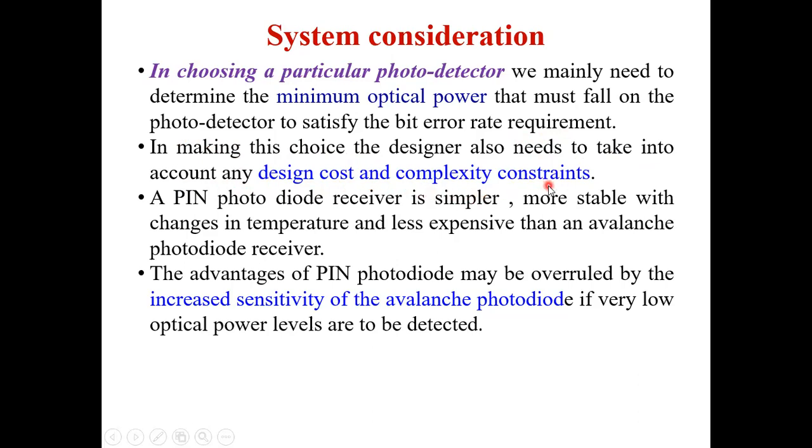If I choose a PIN photo detector, I have to design the drive circuitry accordingly, because that photo detector has to be biased. I have to apply the biasing condition, so my biasing design should not be complex. I have to see whether the drive circuitry of the PIN is more complicated or that of the APD is more complicated. And finally, the cost of the design matters a lot. If I want to compromise on cost, I will go for a PIN photo detector. If I'm ready to spend, I will go with an avalanche photo detector. But with an avalanche photo detector, the circuit complexity will be more, because some characteristics are there which we will be seeing in these two slides.